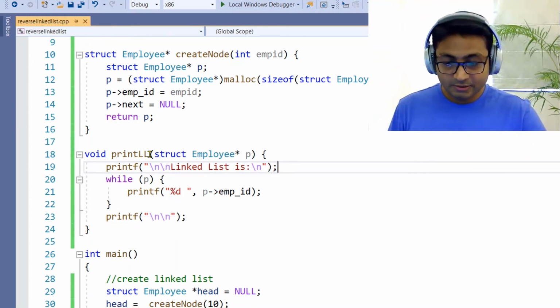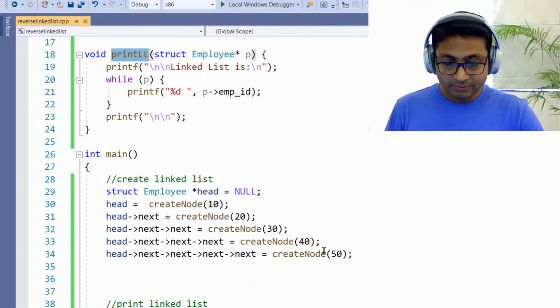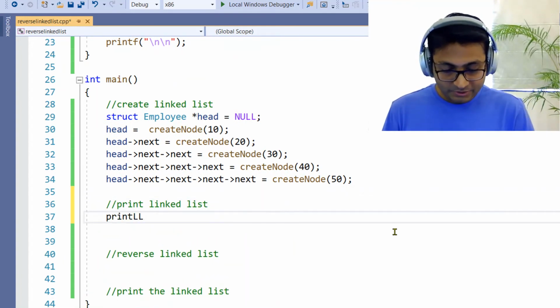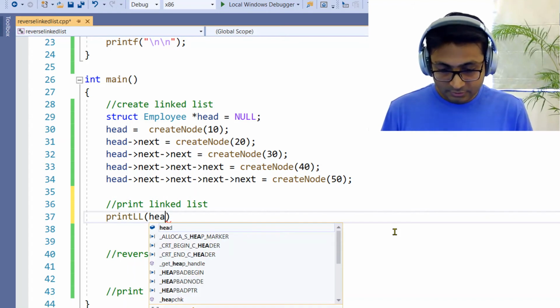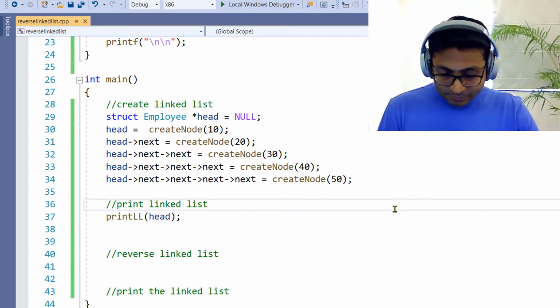So this is my simple function here. Let me call the function here. I am going to call, so let us print the linked list by passing the head pointer. So let me execute this program.